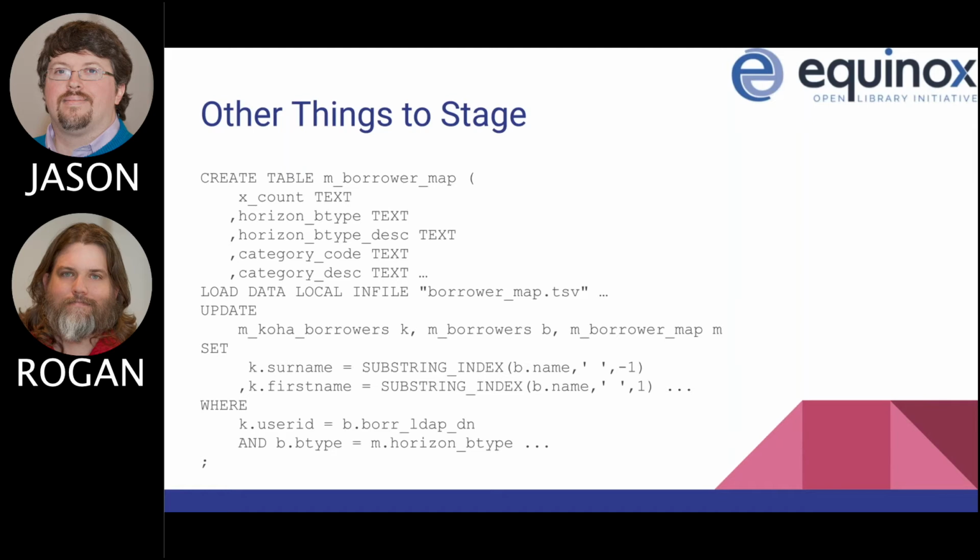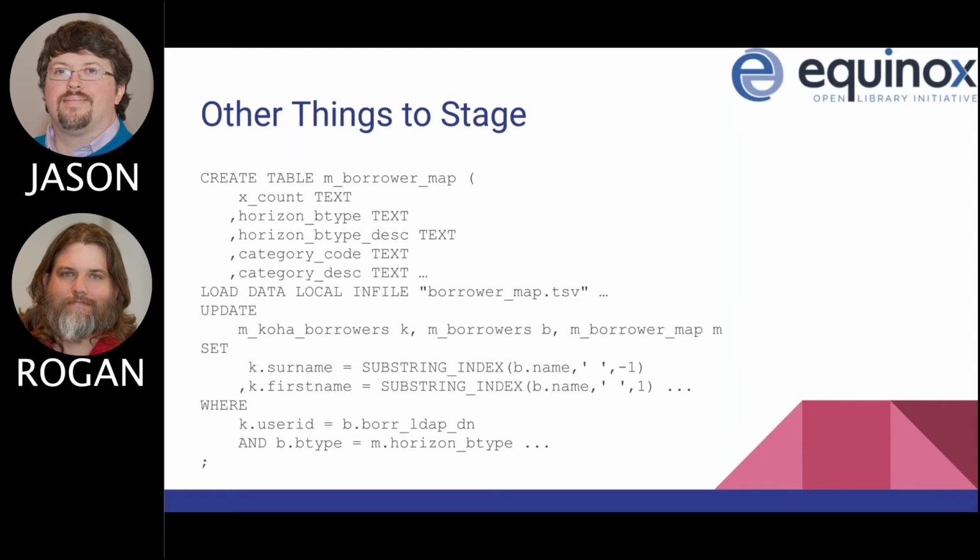So we talked about hard-coded mapping, but at least for the migrations we do, we often give the libraries an opportunity to determine exactly how they want things to map. So there's a bit more data-driven or soft coding going on here. We usually give them spreadsheets, and then they can pick and choose how they want to, especially with consortia, map your legacy data into specific values. You might have a smaller set or totally different set of shelving locations that you're going to map into than what was on your legacy system. And once you have that mapping, you can stage it,